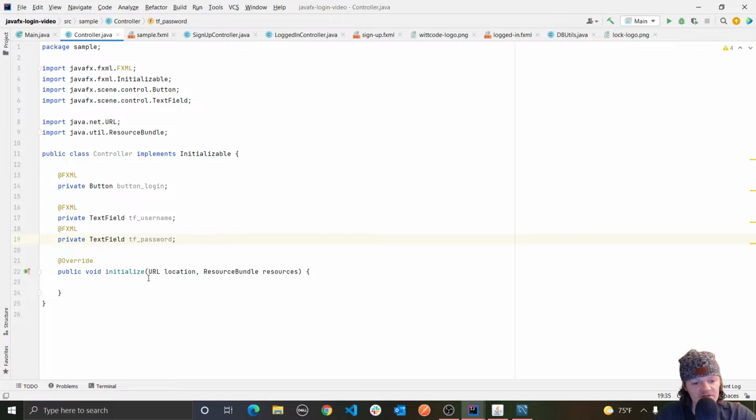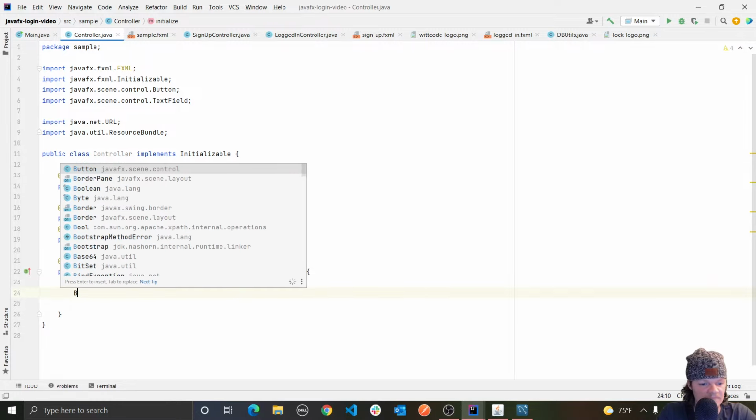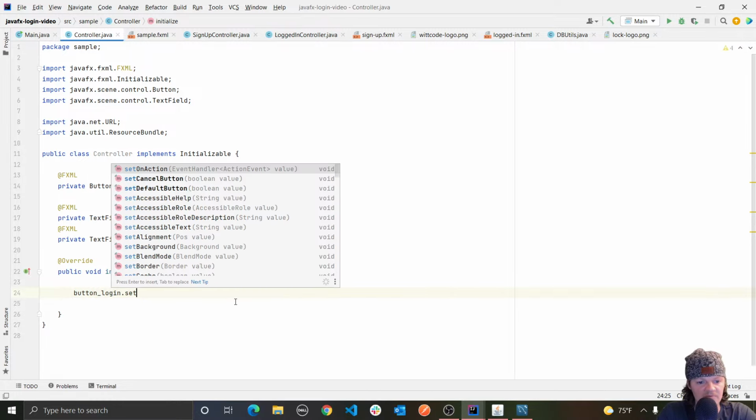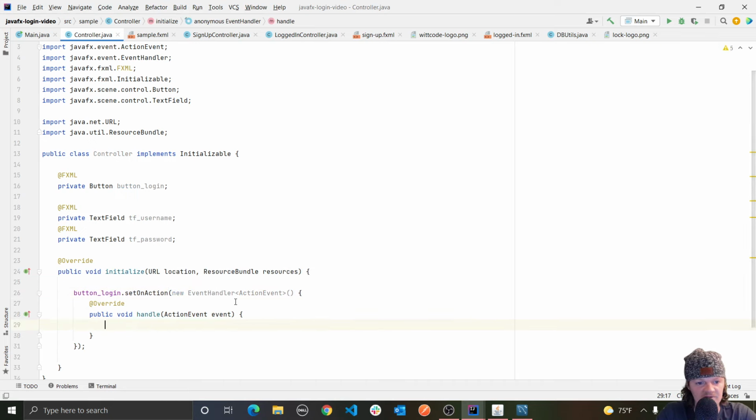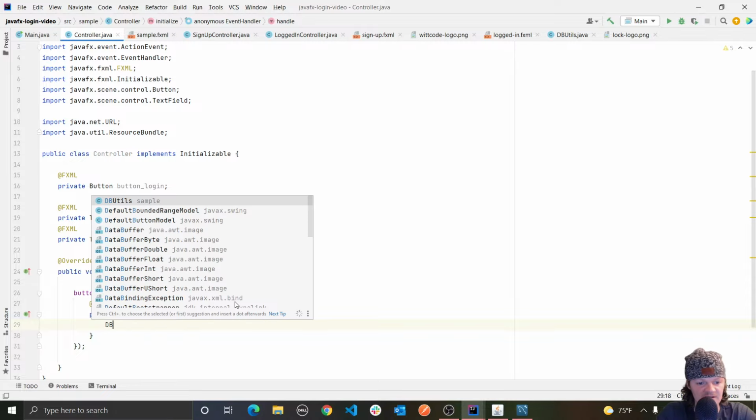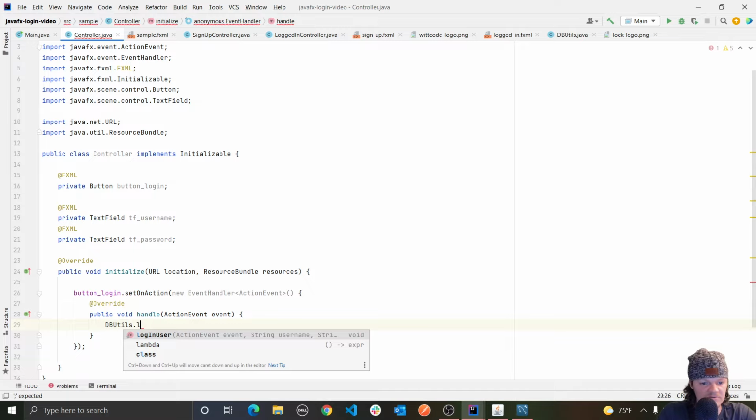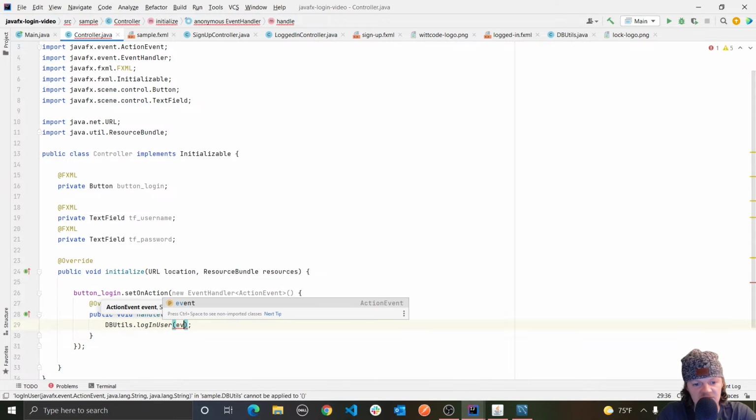And so the first thing we're going to do is let's just add the functionality to our button. So all we have to do for this is button_login, and we're going to set on action new EventHandler, like this. And then all we're going to do is, because we have everything basically set up with our DBUtils class, we're going to do that. It's a static method, so we call the class name and then .loginUser, and we're passing in the event